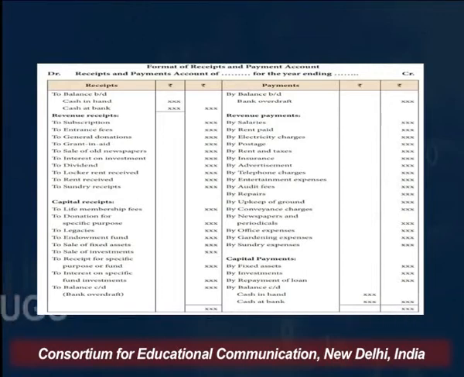Then we have dividend. Non-profit organizations can invest in shares of any particular company and may get the dividend. It's not that only a business into for-profit activities or only individuals can invest. In fact, any institution or organization interested in buying shares of companies can buy and will get the dividend. So the dividend received during the year would be recorded on the receipt side in the amount column. Then we have the locker rent received.